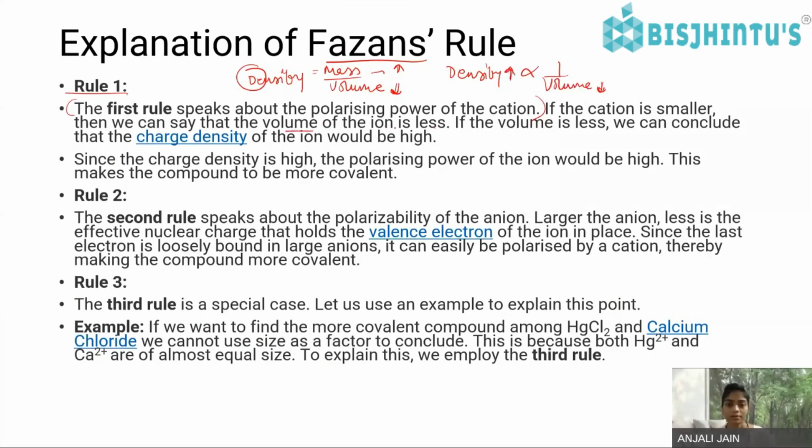So here the volume of the ion is decreasing because the cation size is smaller. Then the volume of the ion will be very less. And if the volume is less, then the charge density will be very high. Okay, charge density will be very high. Since the charge density is high, the polarizing power of the ion would be high. This makes the compound more covalent. Covalent character is more polarizing power. If carbon is making a bond with carbon by the sharing of electrons, then the polarizing power